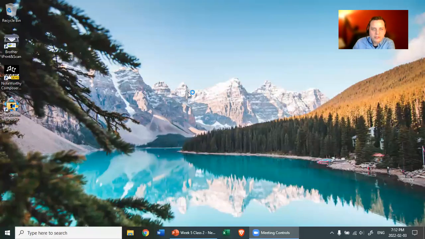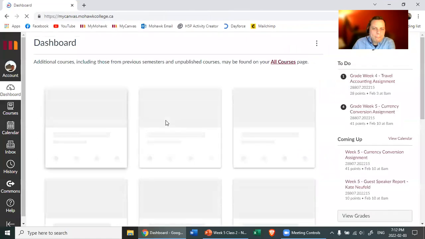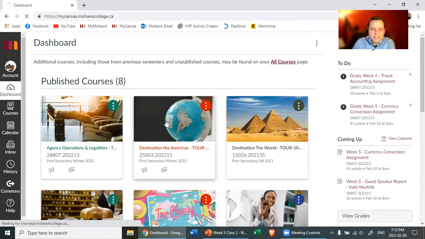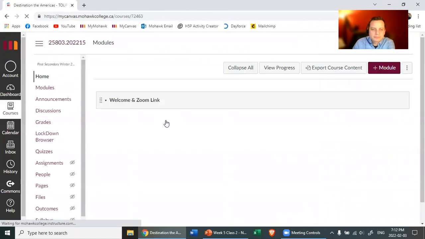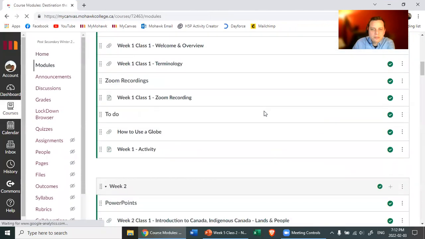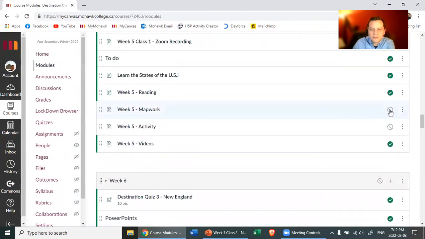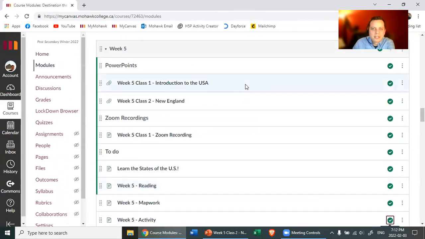Okay, now I'm just going to open quickly Canvas and show you the map work. Destination Americas is us. Modules. And when I say you should be doing everything, I mean, here we go, click, click, now you can see everything.